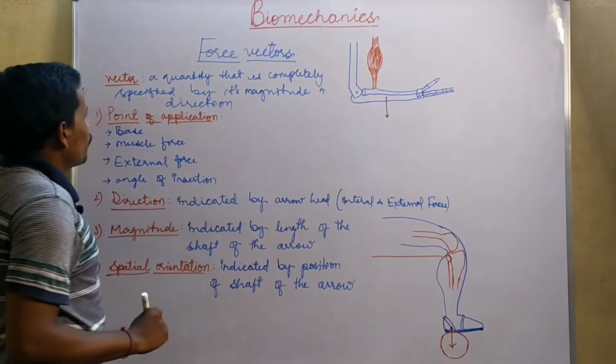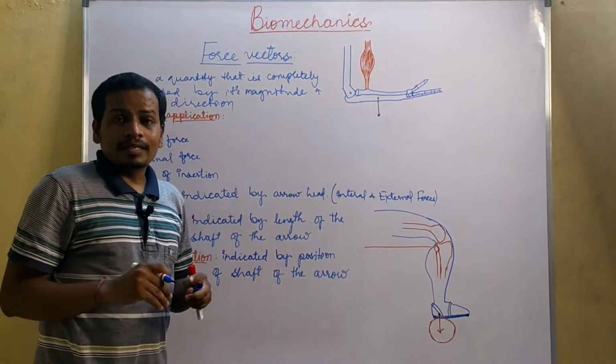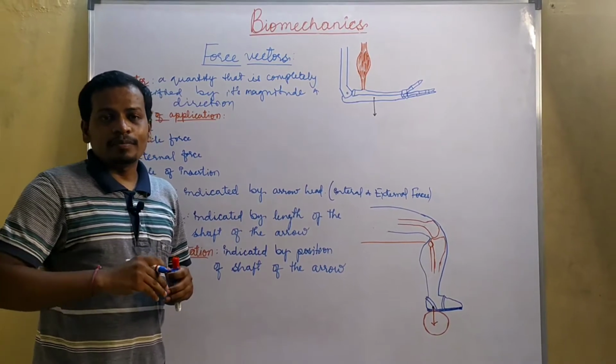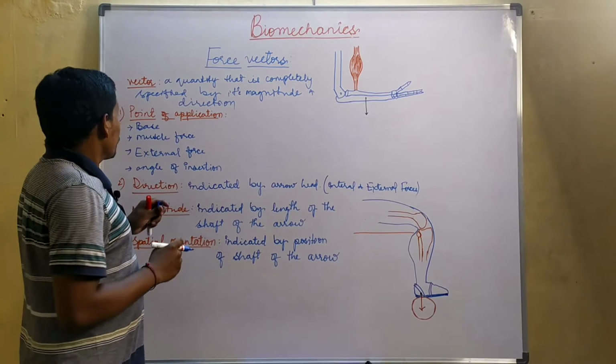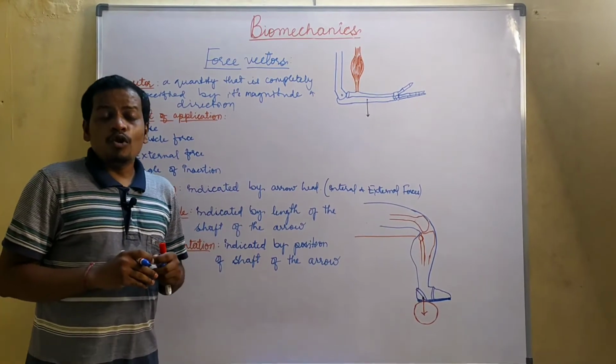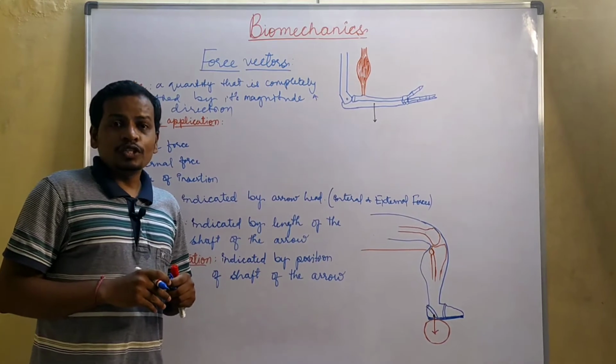Okay, the definition of a vector is a quantity that is completely specified by its magnitude, that's the amount, and the direction. Now, in order to study force vectors in a biomechanical analysis, we need to know about